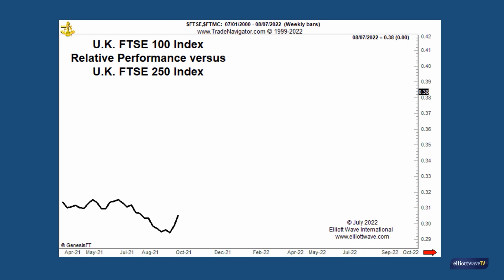How do we decide between a preferred and an alternate wave count? Although the structure of the specific chart is the ultimate test, sometimes clues might come from a different source. Let's take a look. The UK's FTSE-100 index has vastly outperformed a broad measure of the UK stock market over